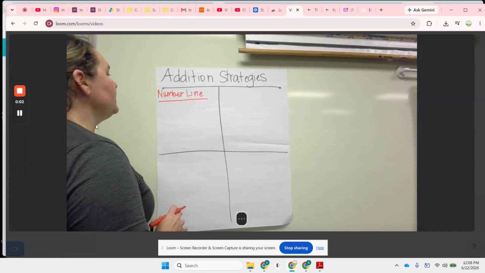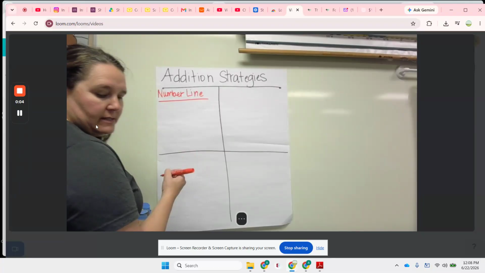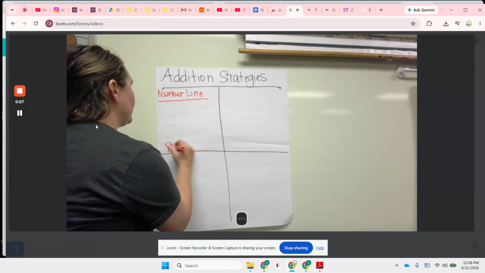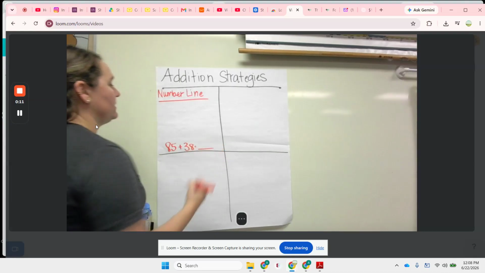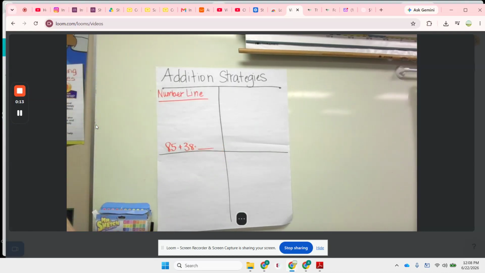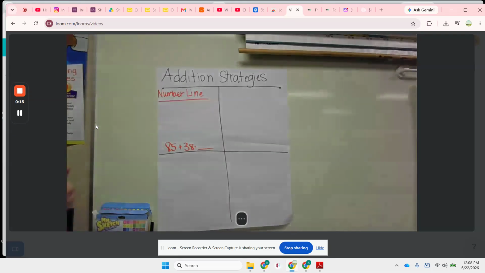Okay, so moving on to addition strategies, I do get questions about this as well. Like, do you really have to teach them strategies? They've been adding since they were in kindergarten. And my answer to this is always yes. I always start with smaller numbers, but as we get to bigger numbers,